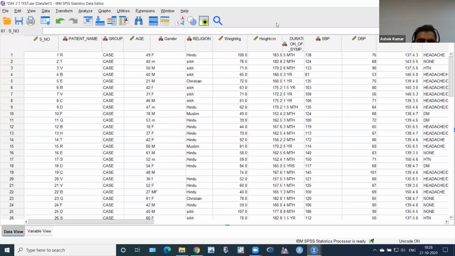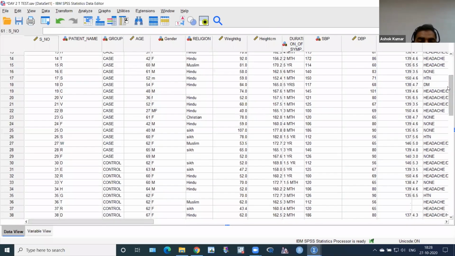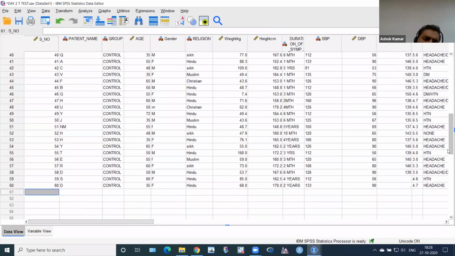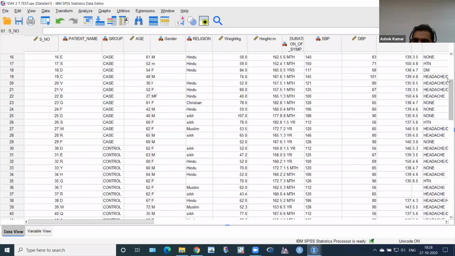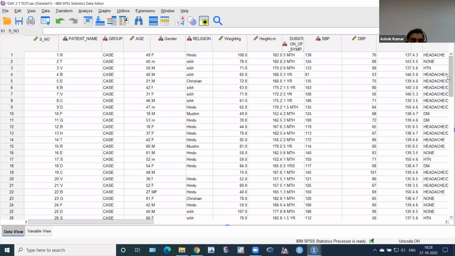And I want to see that, and my guide sees that this is a case and control, and wants the difference of age, because I have taken age as a normal distribution. So normal distribution goes for t-test. If I don't take age as a normal distribution, then I have to go for Mann-Whitney. Okay, you have to remember Mann-Whitney. So I have to